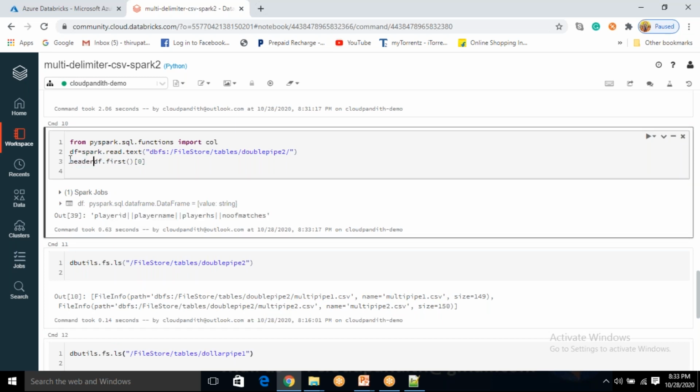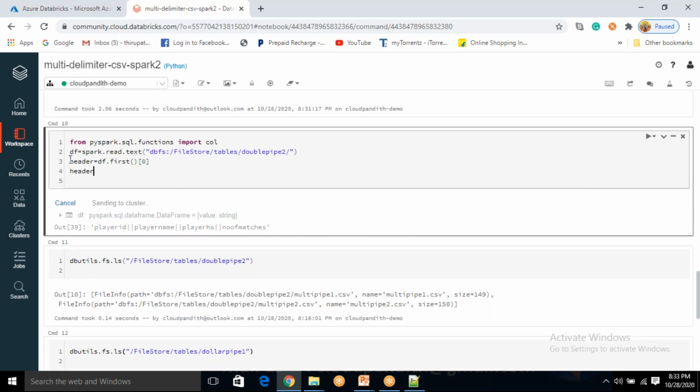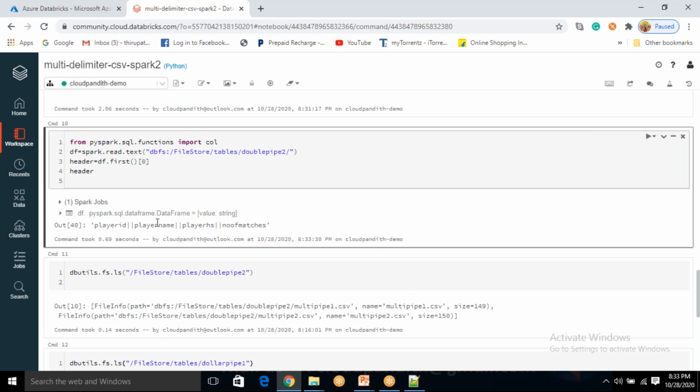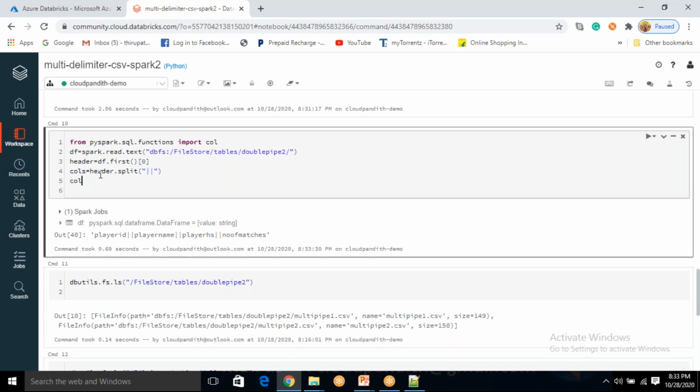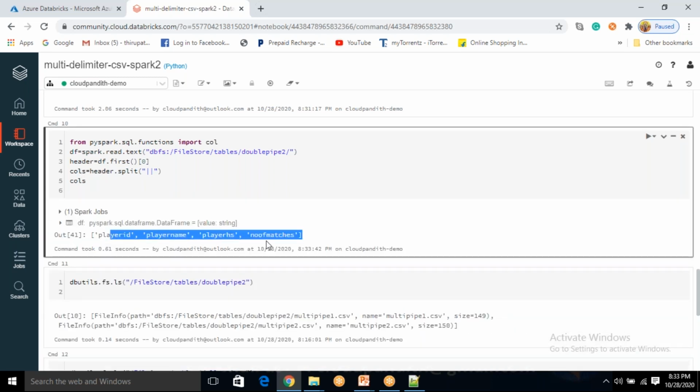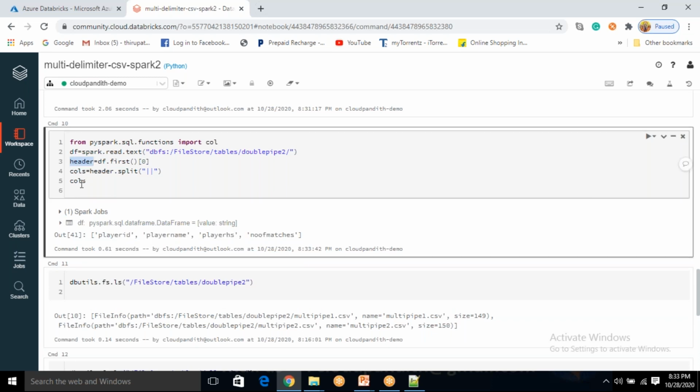Now these are the headers. You have the header. Now you just print and see what the header information is. The header is this. Now I want to split this header with pipe. This will give you the columns. See, these are your column names, right? Your header names. Now you know the header is nothing but the data before you split it. So that was there in your header.